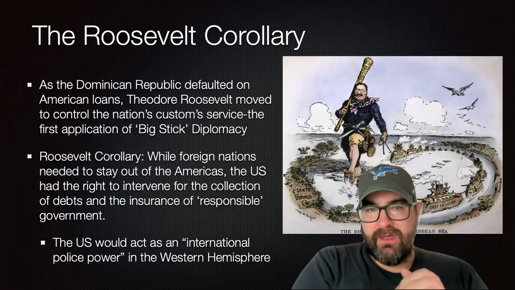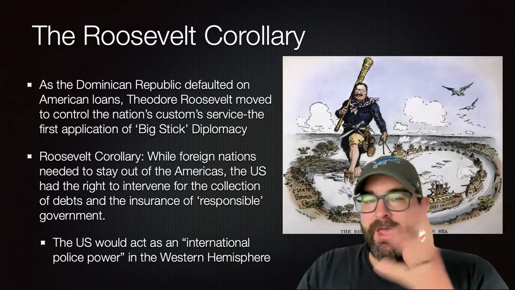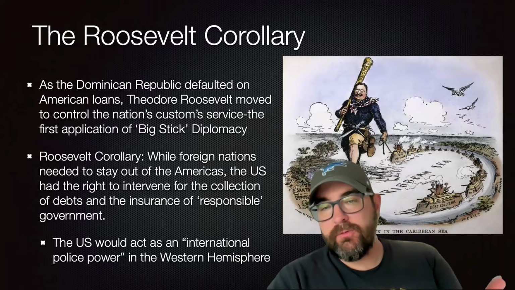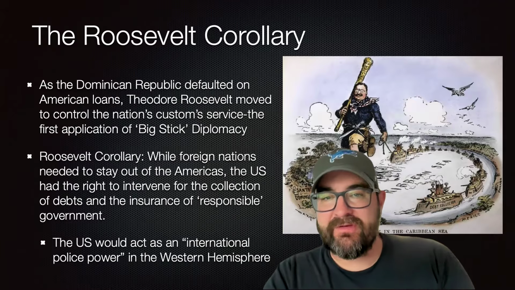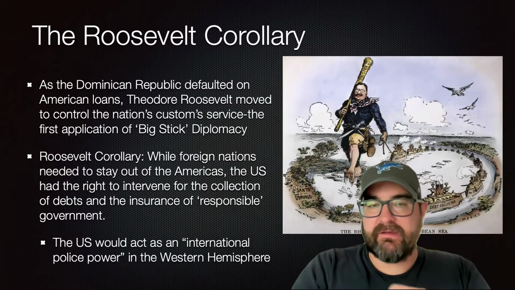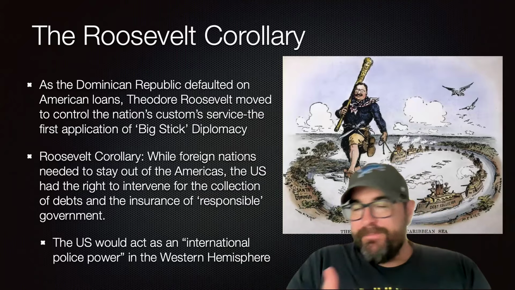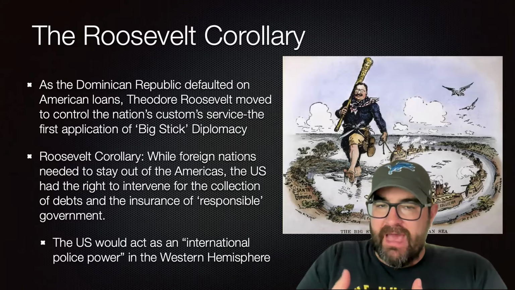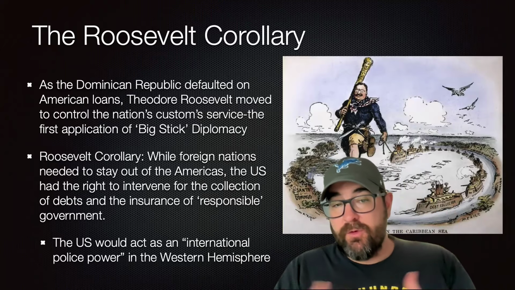First in the Dominican Republic. After the Dominican Republic defaulted on American loans, Theodore Roosevelt moved to control the nation's customs service, and this would be his first application of big stick diplomacy. This is going to evolve the earlier 19th century Monroe Doctrine with what is known as the Roosevelt Corollary to